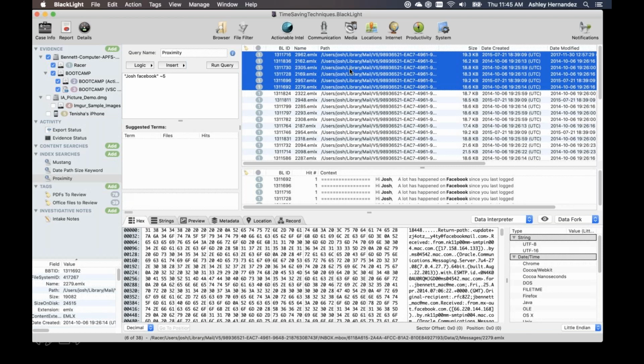As far as speed, that's always variable. I think if you try it, you'll be pleased with how quickly it runs, but indexing up front is going to take a similar amount of time to, say, a keyword search, maybe a little bit longer than that. And then once you do the queries, you can quickly go through queries of data without having to wait.